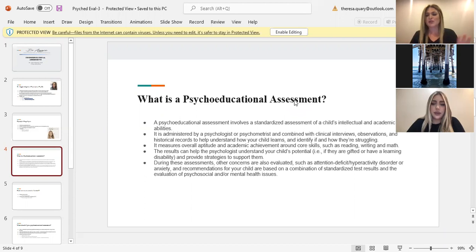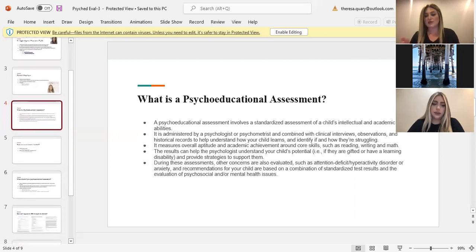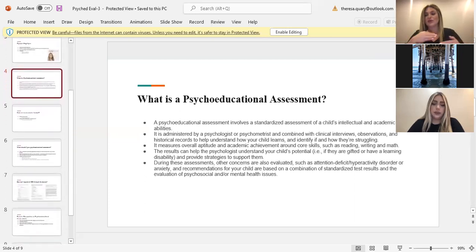And usually the process is done in either 1 or 2 days, or sometimes it takes one whole day, and sometimes it takes multiple days. It really depends on the child. And it's important that whichever psychologist your child is working with, whether it's me or somebody else, that they are in tune with the child and pay attention to, should the child need multiple days for the assessment, or should the child need one whole day because it's hard for them to transition back. So being aware of that and asking the right questions is going to be really important in finding the right match for this assessment process.